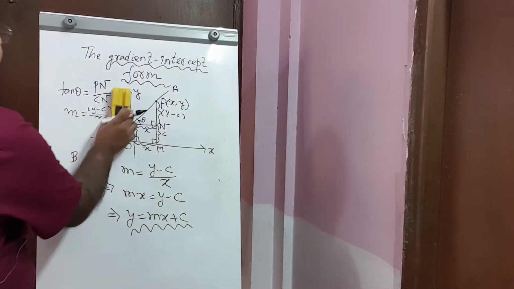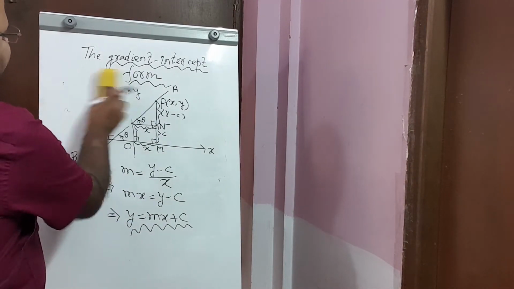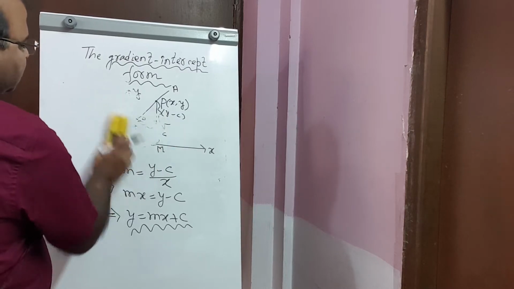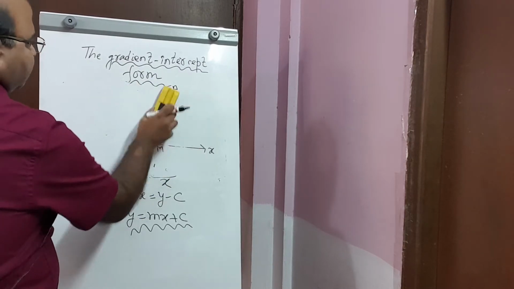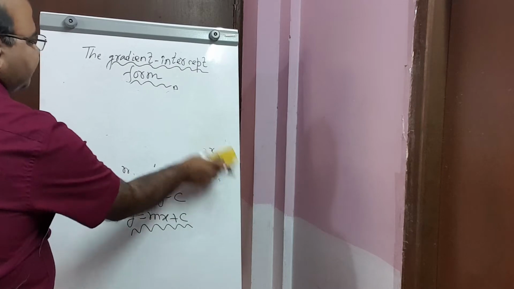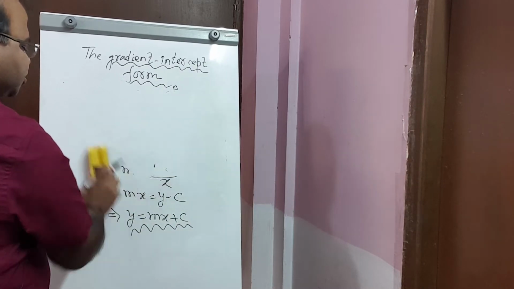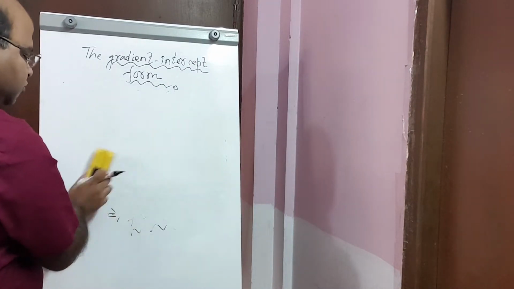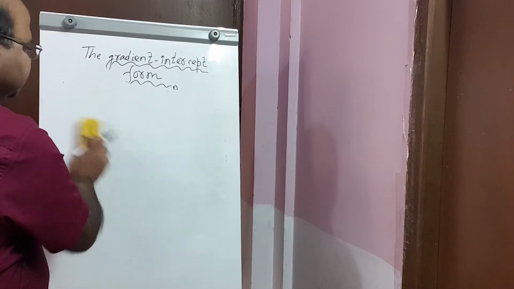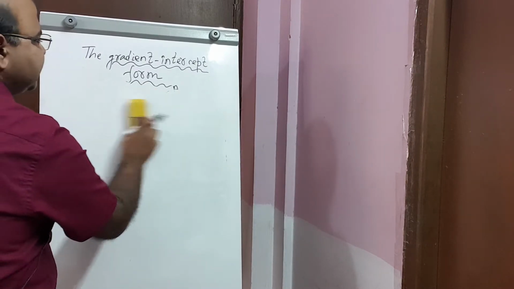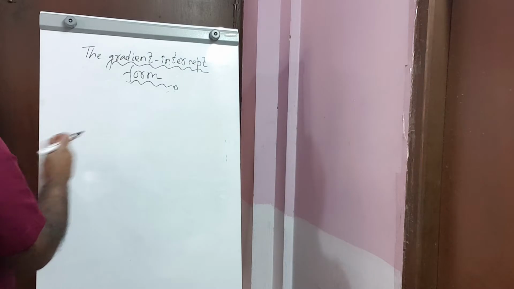So how to apply this form while solving problems? When to apply this form? This form will be applied to find the equation of oblique lines whose angle of inclination is known and y-intercept is known. For example,